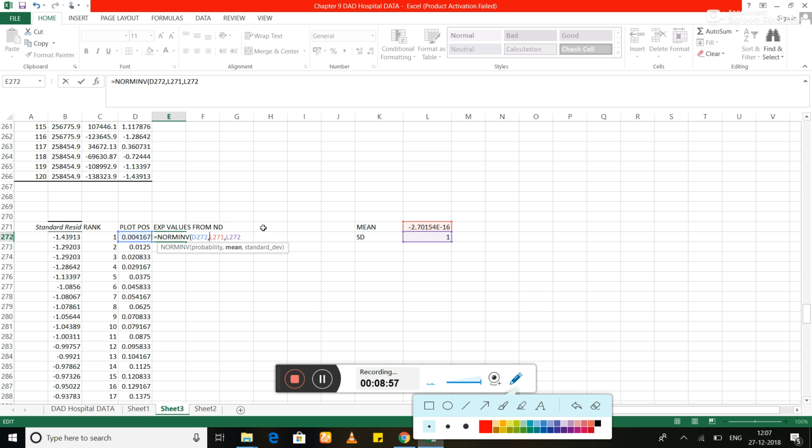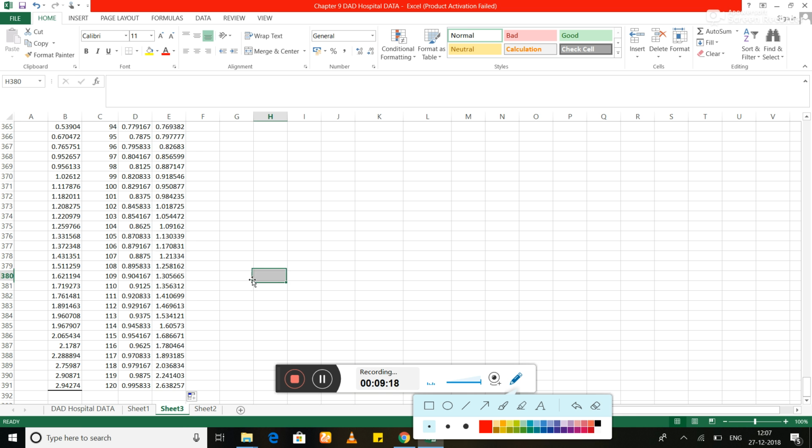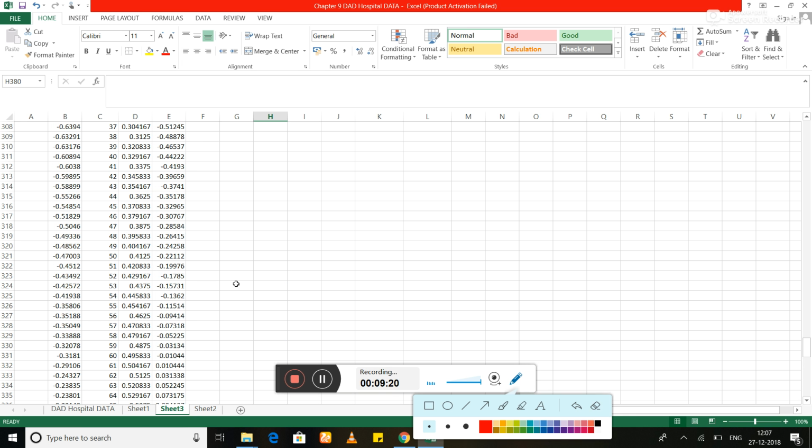That is why we need to lock the positions of the mean and standard deviation. Just by providing a dollar sign on either side, we lock cells L271 and L272. Then when I drag it, I get the values. Otherwise, if we don't lock the positions, we will get an error. Now we've got the values we wanted.